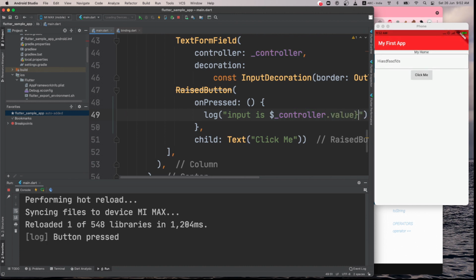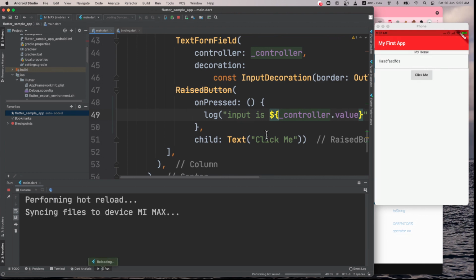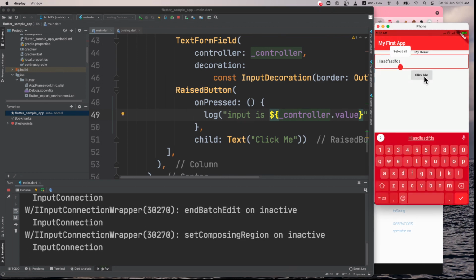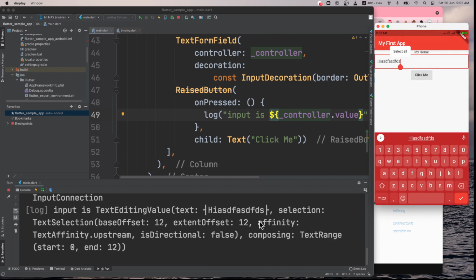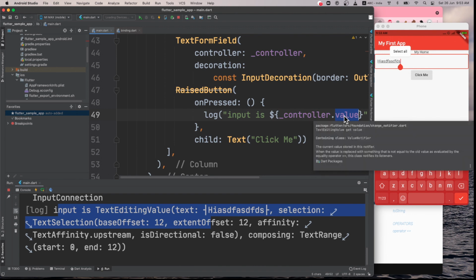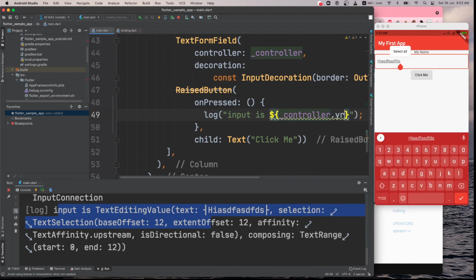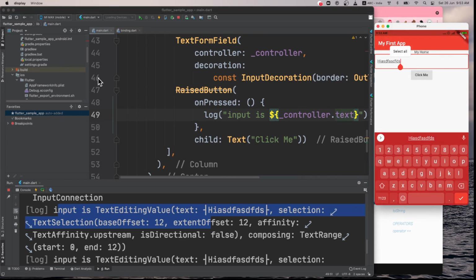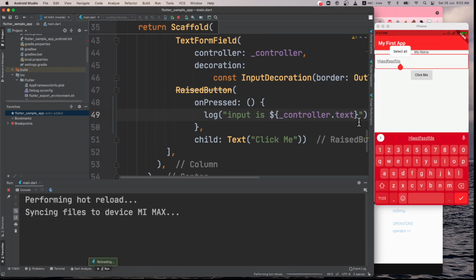Not sure if this works, but I'm just trying it out. Yeah, it may work. Yes, so whatever we entered here, after clicking, it's printing it here. The input is value. Oh, not value, this should be something else, maybe like text. So this is the value that you want to get from here after saving it.